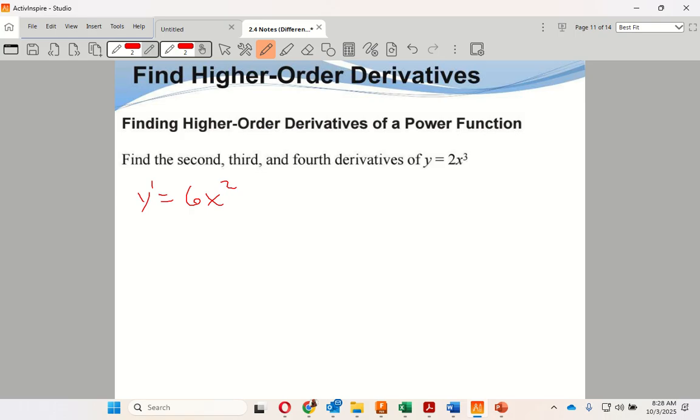And then y double prime, my second derivative, the derivative of the derivative, is going to give me 12x, and y triple prime is going to be